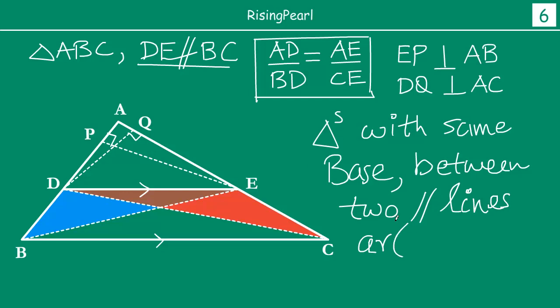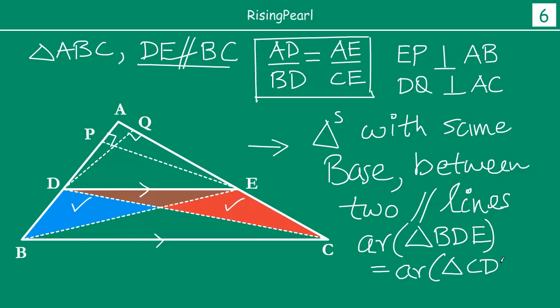This is a theorem that we have learned, we have seen examples of it, and we did the proof of this theorem in our earlier class. So the area of BDE must be equal to the area of triangle